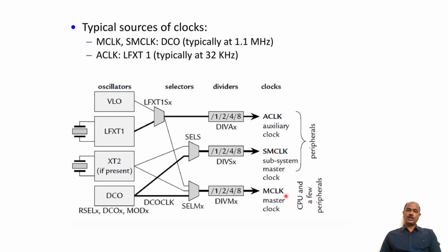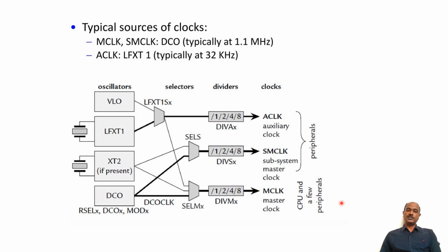This submaster clock and this master clock are in the megahertz range, and their values will be in terms of megahertz. It can be maximum up to 16 megahertz. This MCLK will be used by the CPU mainly for executing the instructions. So the CPU will work only with MCLK. This MCLK will be used by the CPU and